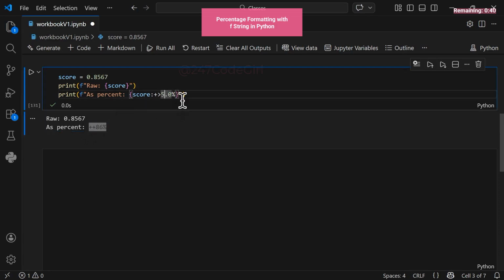If you want more, then of course you can add 9 and then you can see our number of plus signs increase and this is kept. But if you then include that you want 2 decimal places, then of course the number of pluses will reduce and you get 2 digits to the right of the decimal point. You can also pad it on the other side if you want by